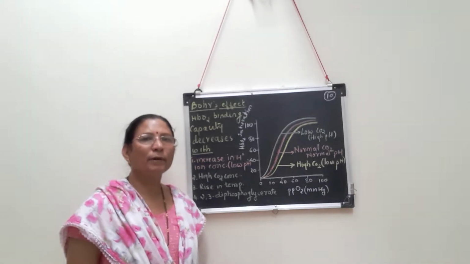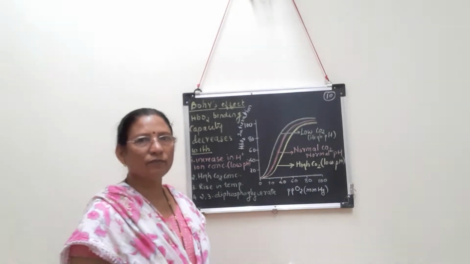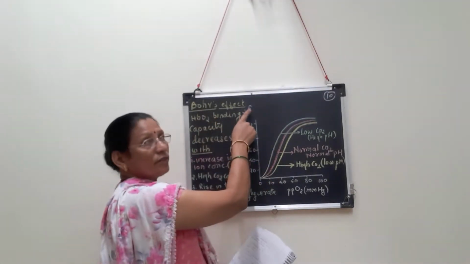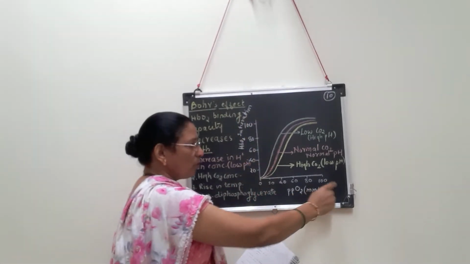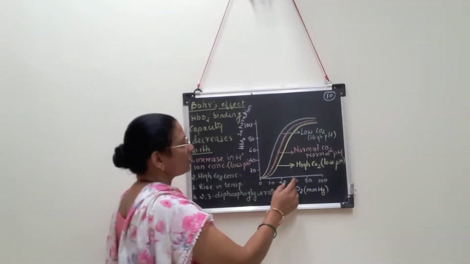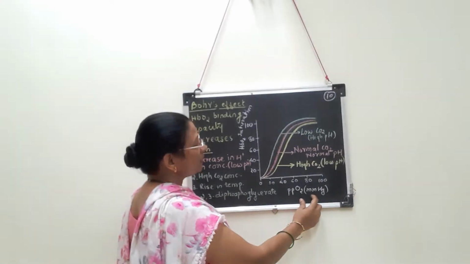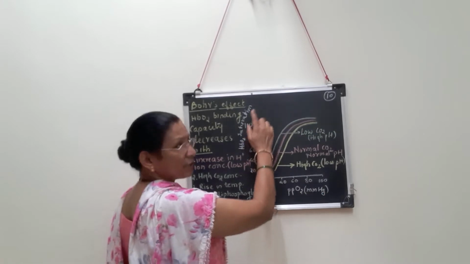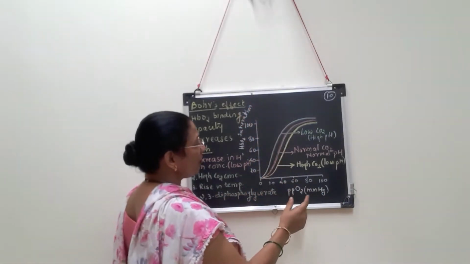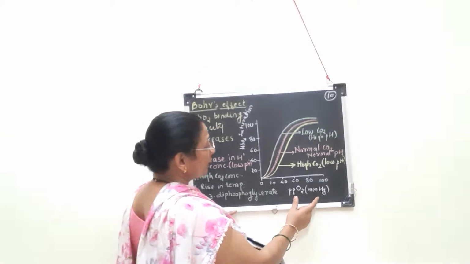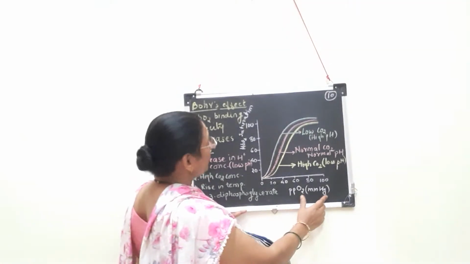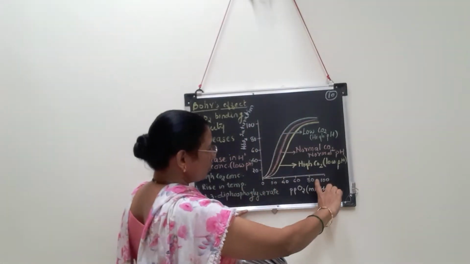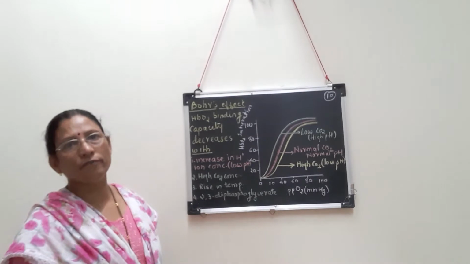See, this is lecture number 10, which is related with respiration as well. In the previous lecture we started with Bohr's effect. This diagram shows Bohr's effect. Here on the x-axis is the partial pressure of oxygen, measured in millimeters of mercury, and on the y-axis is HbO2 saturation. So what is the relation between partial pressure of oxygen, degree of saturation, and HbO2 saturation? These are shown in this effect, which is called Bohr's effect.